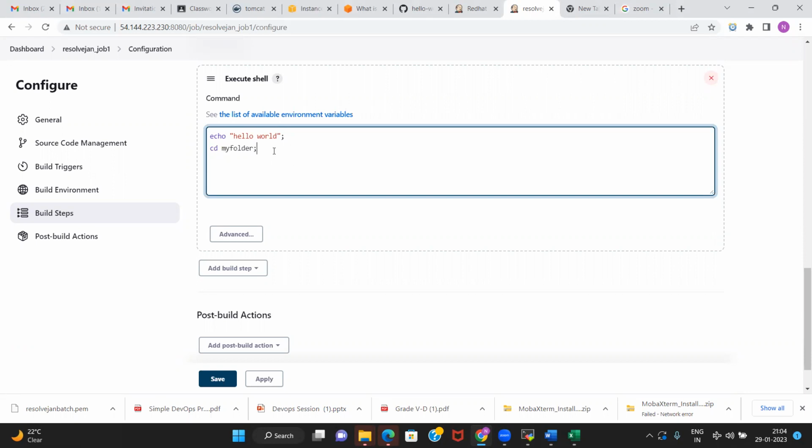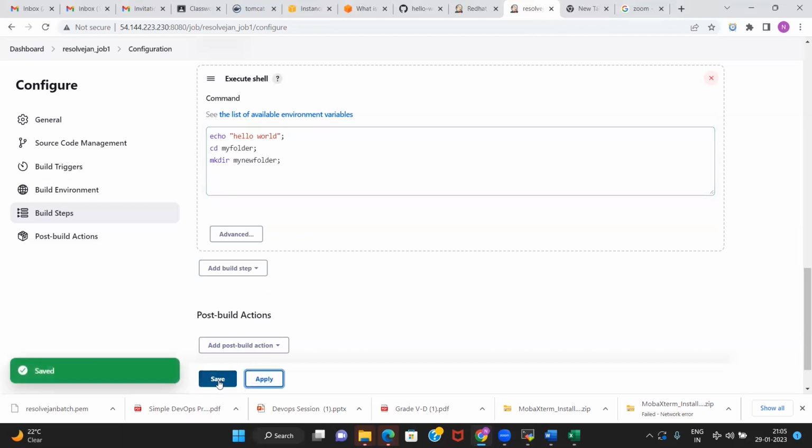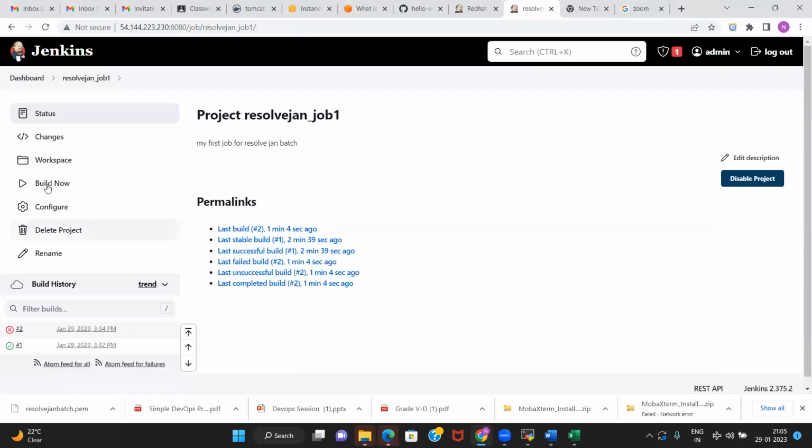So change to my folder and then mkdir my new folder. So what it will do, it will go inside my folder, and then create a folder within it, my new folder, something like that. Apply and save and do build now. You see the build is successful.